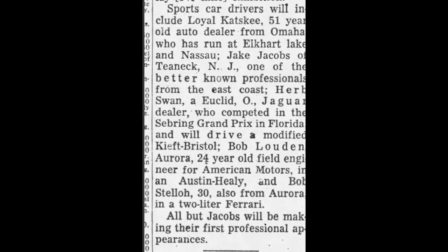Sports car drivers will include Loyal Katsky, 51-year-old auto dealer from Omaha, who's run at Elkhart Lake and Nassau. Jake Jacobs of Teaneck, New Jersey, one of the better-known professionals from the East Coast. Herb Swan of Euclid, Ohio, a Jaguar owner who competed in the Sebring Grand Prix in Florida and will drive